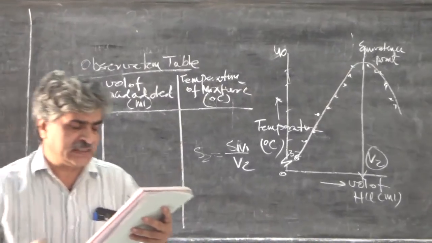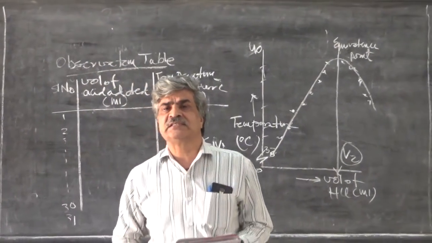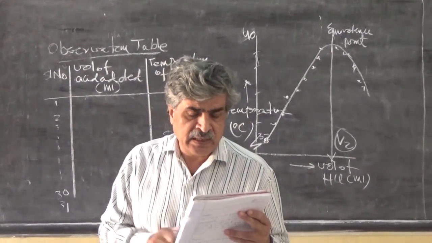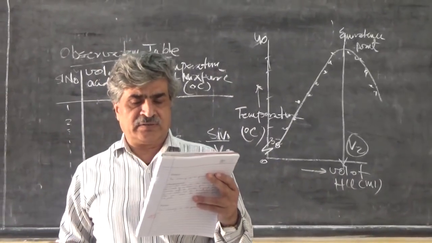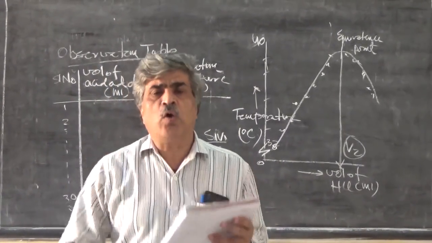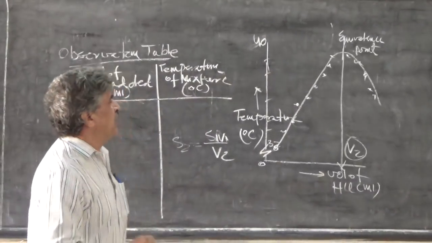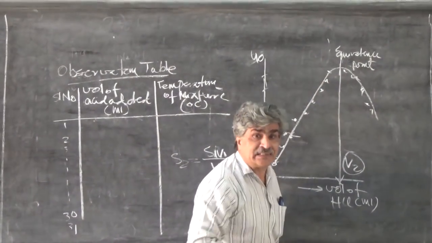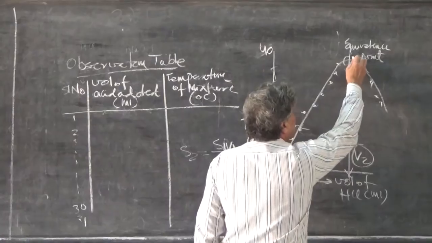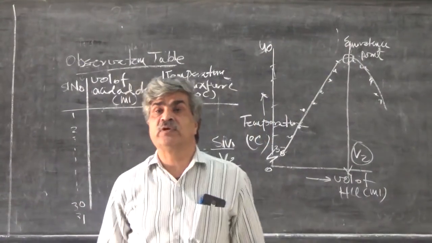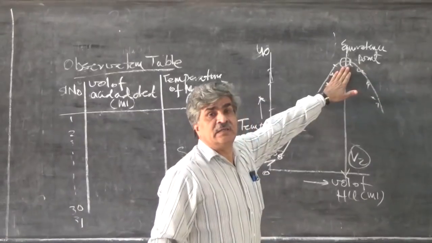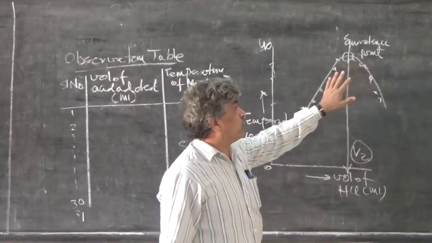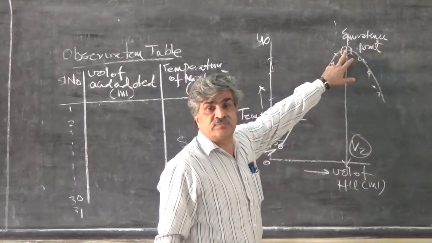So, we do simple calculations which are already given in our instructions and then find out the concentration of the alkaline solution. Now, a few very important points. It is not necessary that you get a point here. This point you get by drawing the freehand graph. That is, drawing the graph in freehand, you get this point.